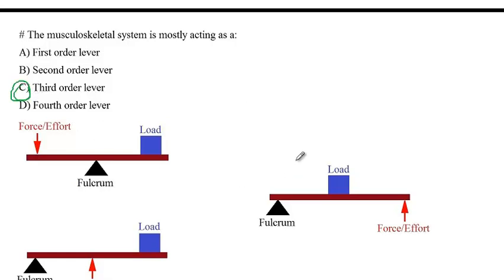Now let's recall, what was first order lever? It's when having the turning point between the load and the force, versus the second order lever is when the load is located in between. And so actually we do have some parts of our musculoskeletal system acting as a second order lever, like for instance our ankle joint,